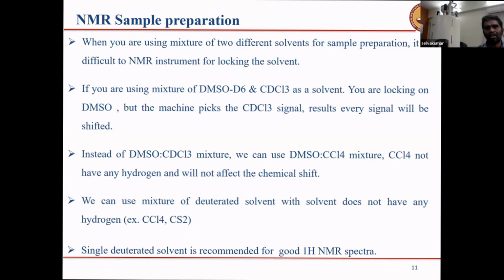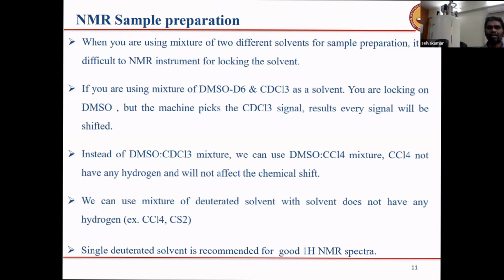If we are using a mixture of two different solvents for sample preparation, it is difficult for the NMR instrument to lock on the solvent. For example, if you are using DMSO-d6 and CDCl3 as a solvent, you are locking with DMSO, but the machine picks the CDCl3 signal. As a result, every signal will be shifted. So that's why instead of a DMSO-CDCl3 mixture, we can use a DMSO